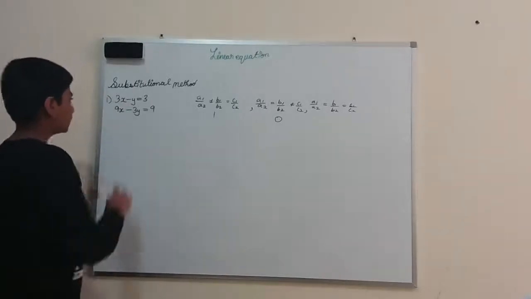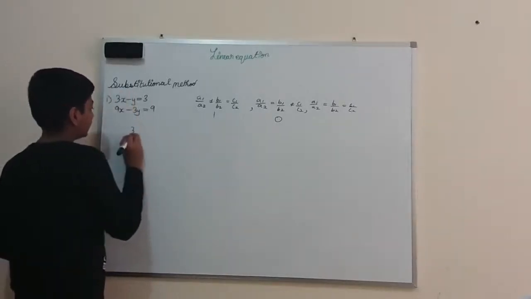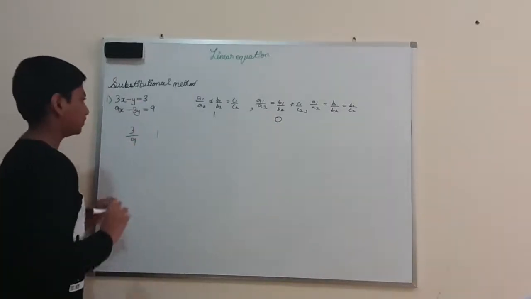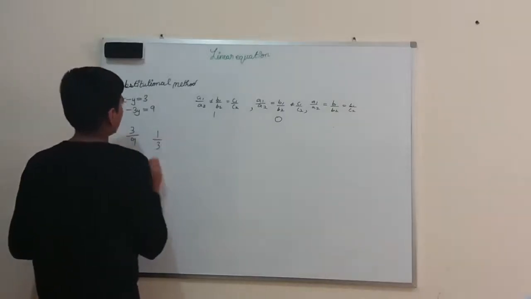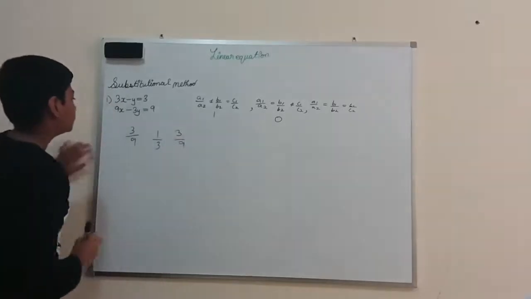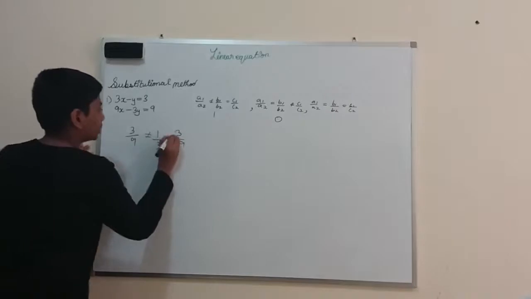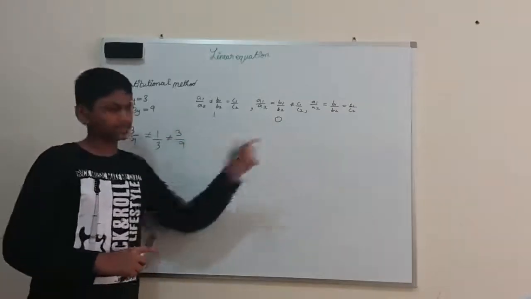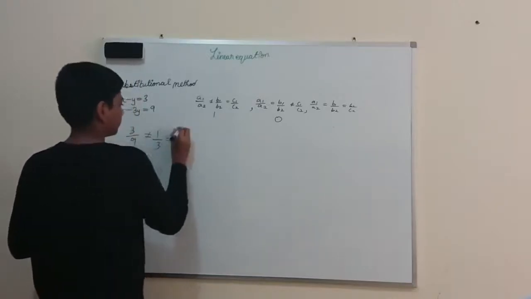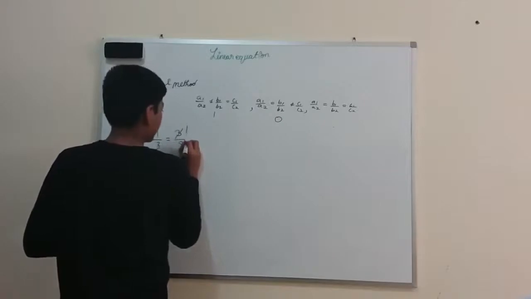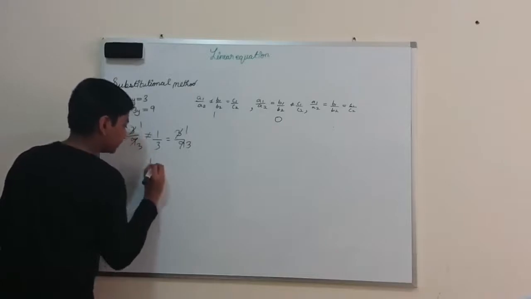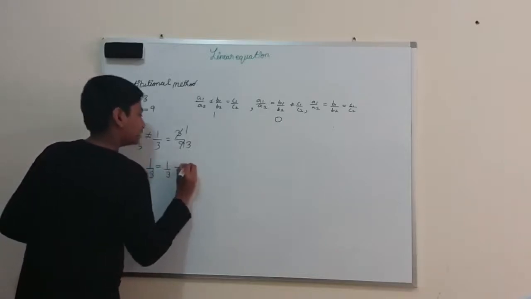So a1 by a2, a1 is 3 over here and a2 will be 9, and b1 will be 1 over here because there's nothing in front of this, it will be 1, and b2 over here is 3, and c1 over here is 3 and c2 is equal to 9. Now they both are equal, and they are also equal, so we can check. Can we simplify them? Yes, we can. We can cut 3 and 9. 1 3s are 3 and 3 3s are 9. Same over here. 1 3s are 3 and 3 3s are 9. So what we got? 1 by 3 is equal to 1 by 3, and this is also equal.